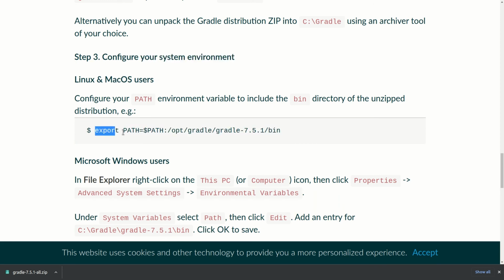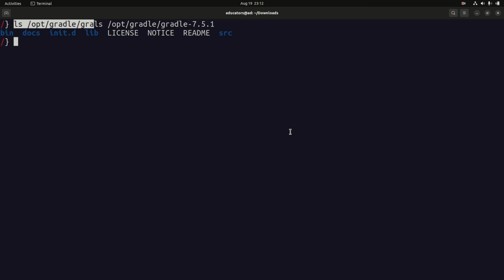So simply copy this command which says export PATH equals to, this is the path of your Gradle. So let's clear the screen and paste it here. Hit enter and yeah,